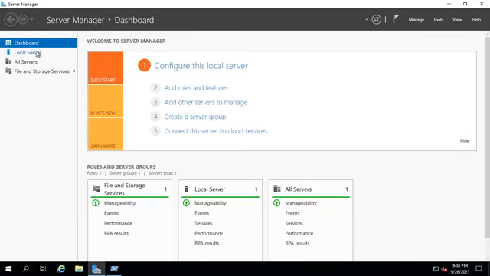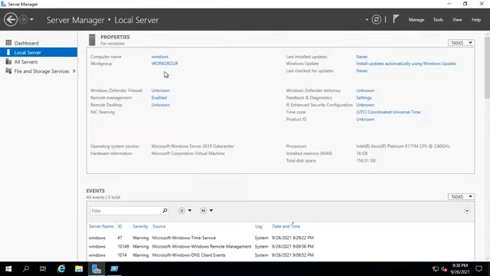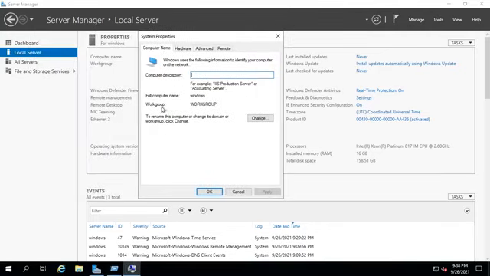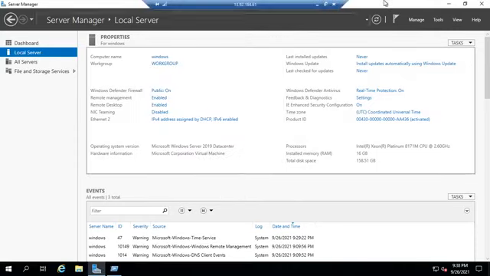Go to Local Server, and see the workgroup. This is the default model of our computer. So the workgroup model maintains a local database.